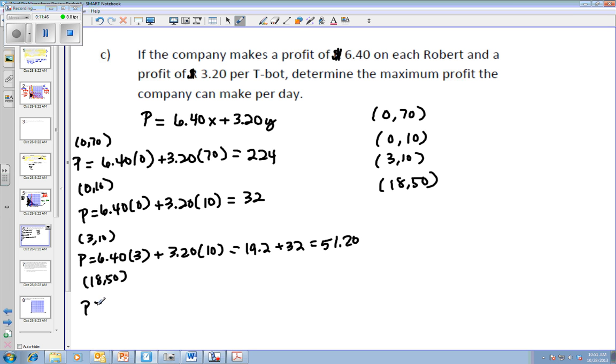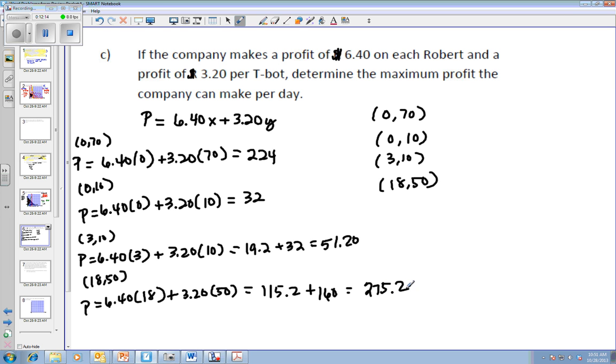So P equals 640 times 18 plus 320 times 50. 640 times 18, that's going to be 115.2. 320 times 50, that's going to be 160. And when I add those together, I get